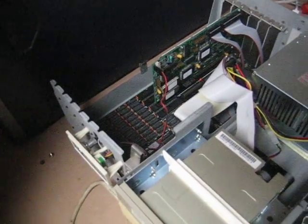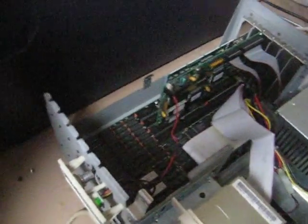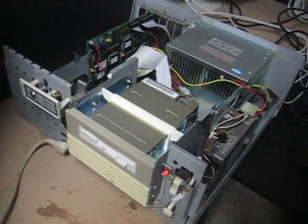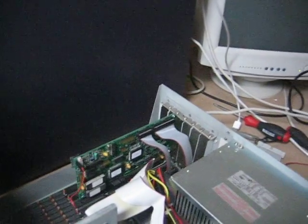I had to find a copy of the BIOS setup program for this vintage computer, because the CMOS on these computers, the BIOS, doesn't have its own setup built into it. You have to boot off of a disk and then run setup from there, which is kind of weird, because if your configuration is hosed, how are you supposed to boot from the disk? But anyways, I got it to boot off the A drive and fiddled around with it. You have to really mess with the settings on this to get it to work